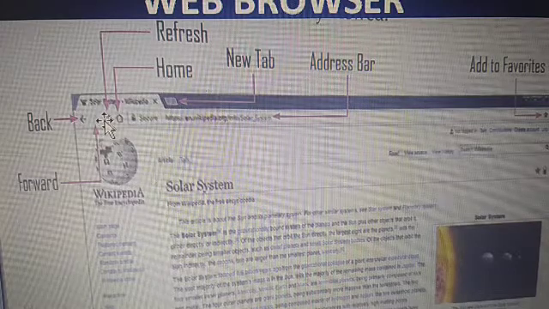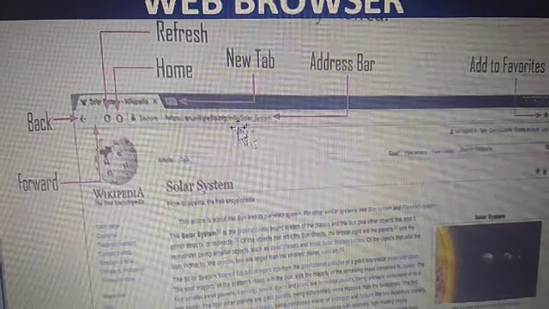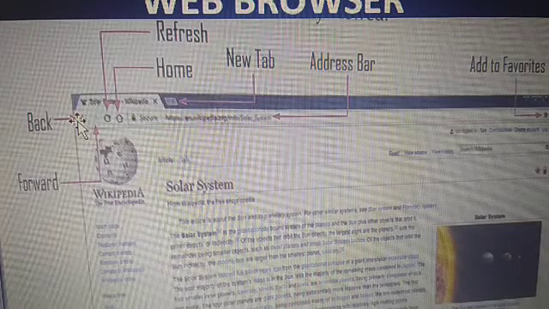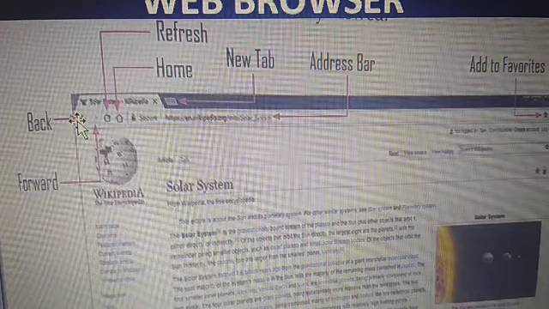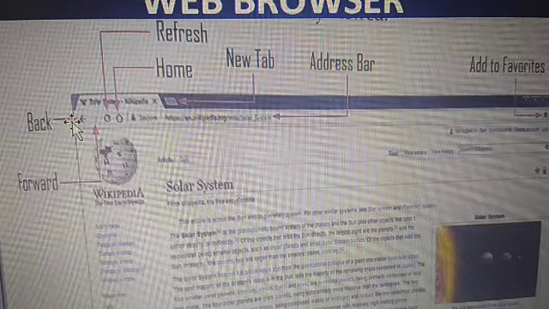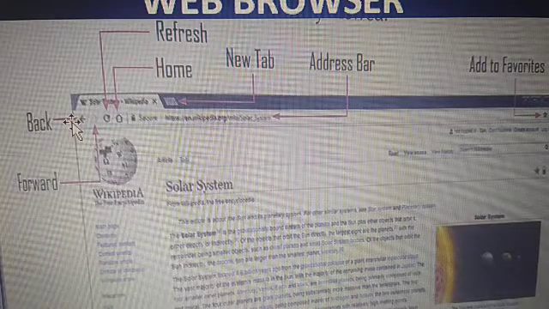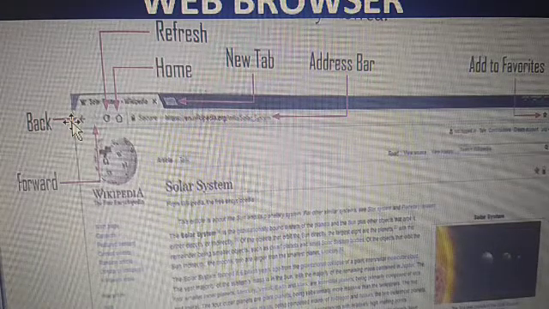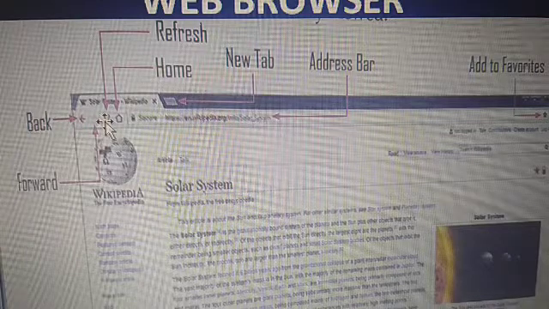Next is the back button. This is the back button. The back button will take you to the previous page. In one website, I told you, there are several pages. So the back button takes us to the previous page, and the forward button takes us to the next page.